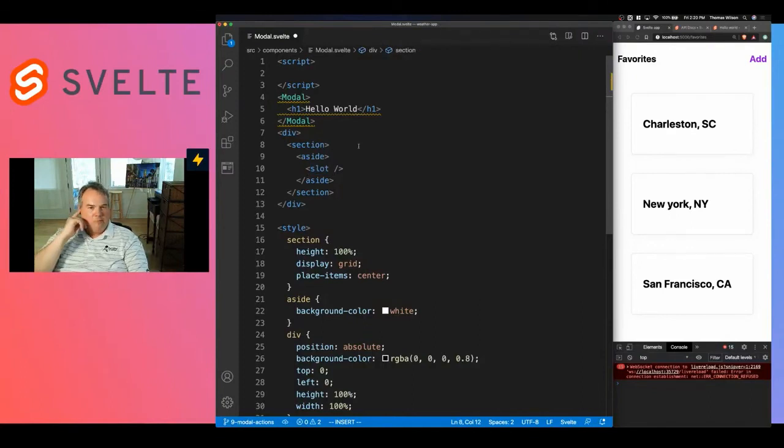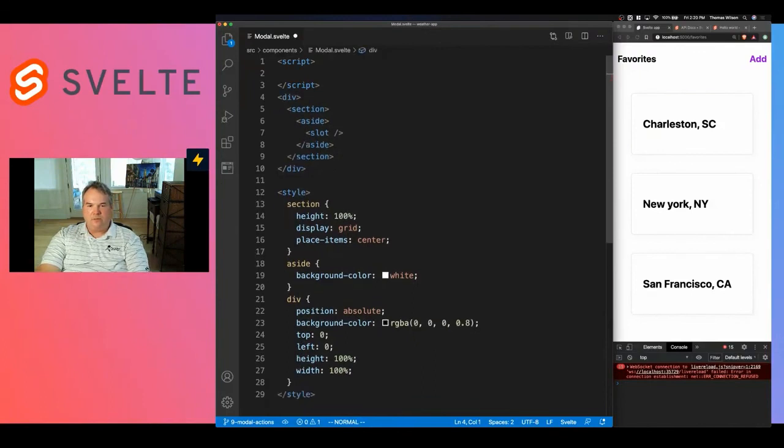Now it can get more complicated than that. Like you can create named slots, and you could say slot name header, and then you could actually have multiple content blocks within your component window to place things multiple ways. But with us, all we need is just the slot. So the slot, that'll allow us to add, like, the add form in at the view level, and make this component more generic and reusable. So